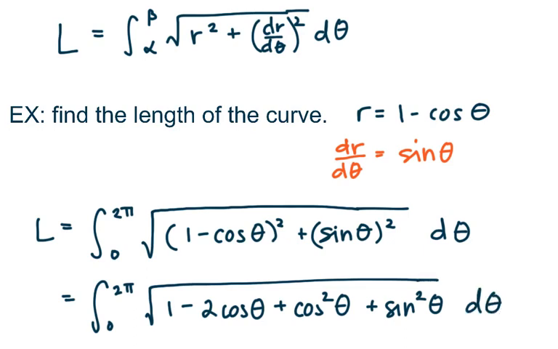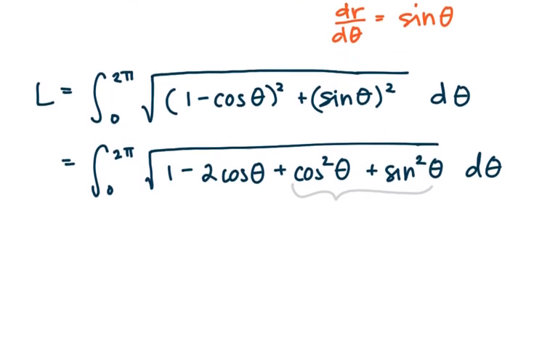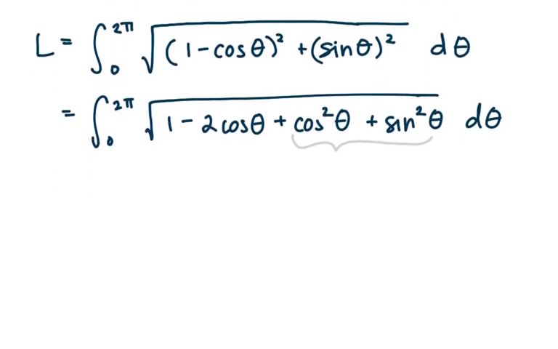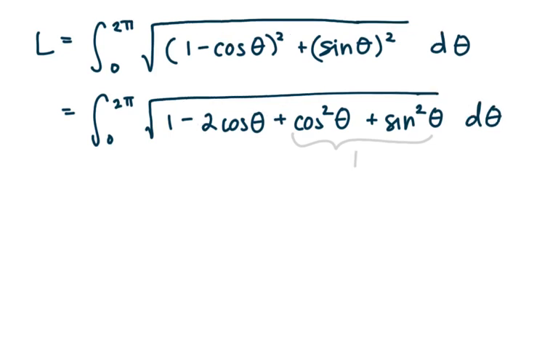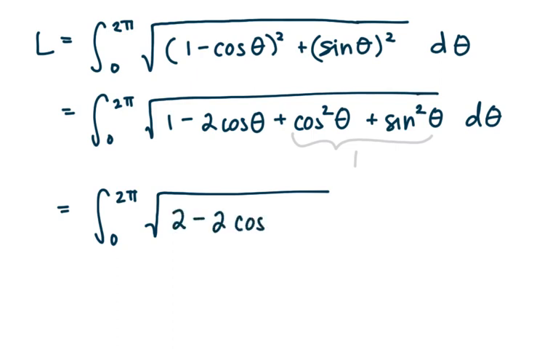And we should right away recognize that cosine squared plus sine squared, that is the Pythagorean identity, that's equal to 1. So this becomes the integral from 0 to 2 pi of the square root of 1 plus 1 is 2, minus 2 cosine theta